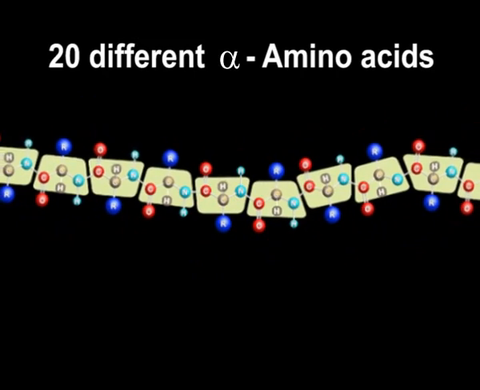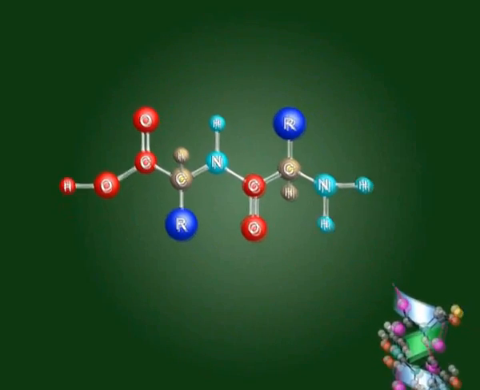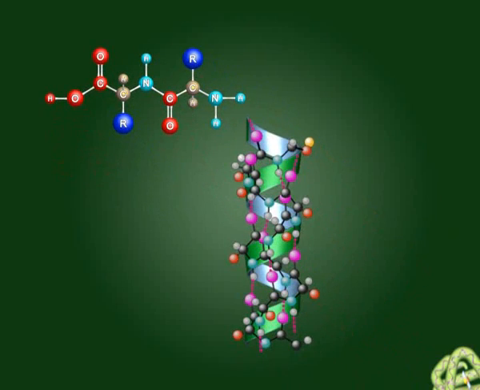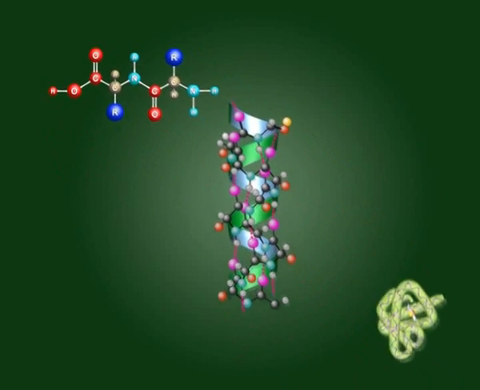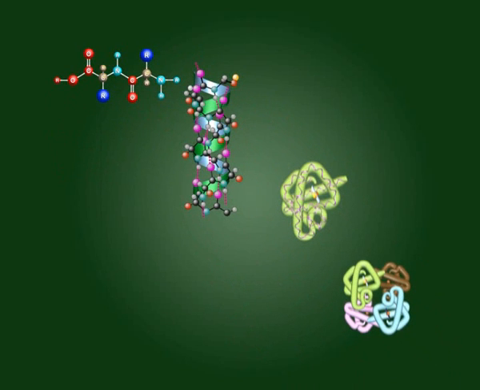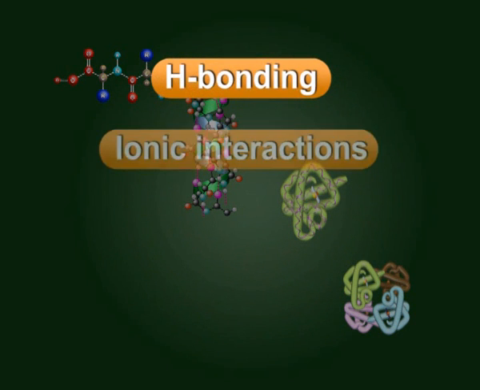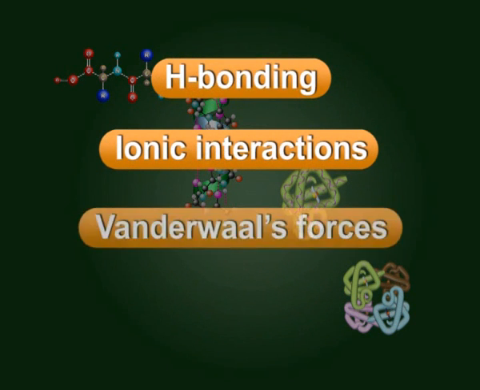As proteins have to perform several biological functions, they take different shapes by folding themselves. These foldings are possible by a number of non-covalent interactions such as hydrogen bonding, ionic interactions, Van der Waals forces and hydrophobic